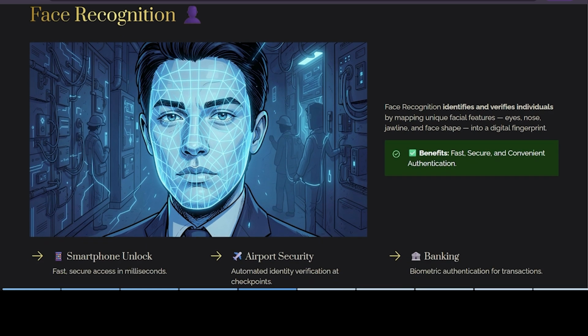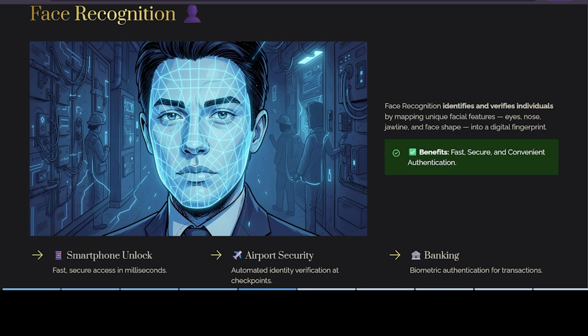Face recognition. This is also an important thing. Face recognition means it will identify or verify a person's identity using facial characteristics. That means instead of passwords, AI analyzes the facial features. These include eyes, nose, mouth, jawline, and the distance between the facial landmarks.